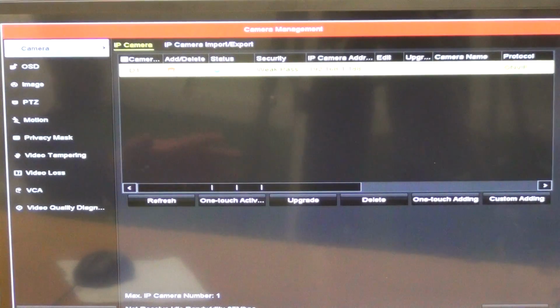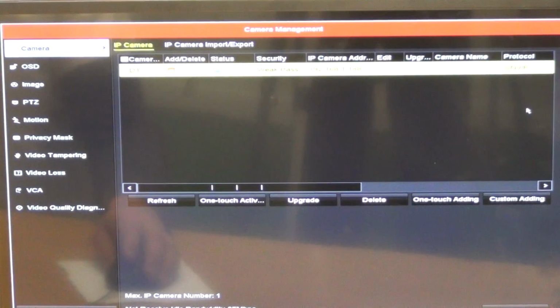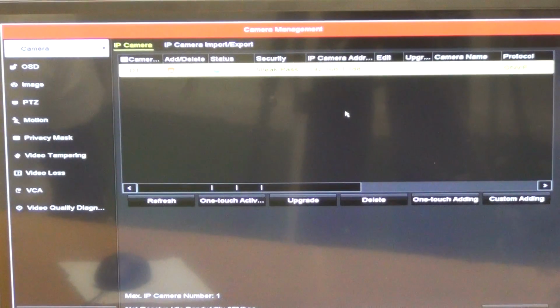it's 192.168.1.188. Now, if we had multiple IP cameras on a particular DVR or something like that, what we'll be doing is changing the IP addresses allocated to each of the cameras, obviously, on the local area network here. And if we just look at the protocol we're using, you see we're using ONVIF here, okay? So what we're able to do then is, once we have this, we can come along, and